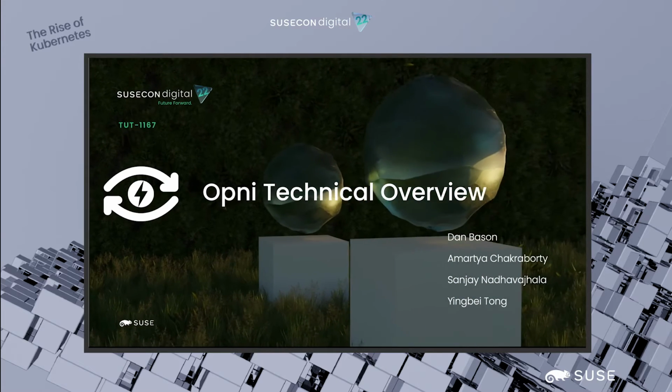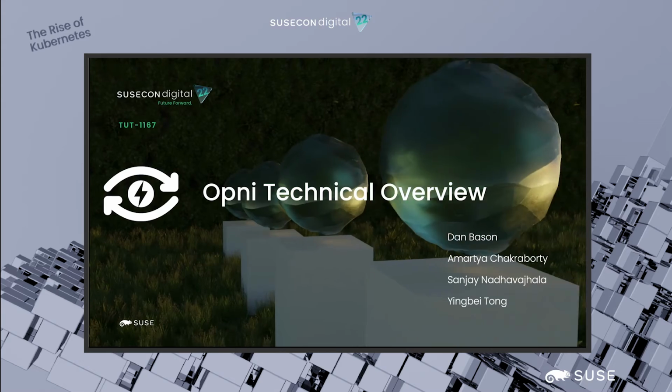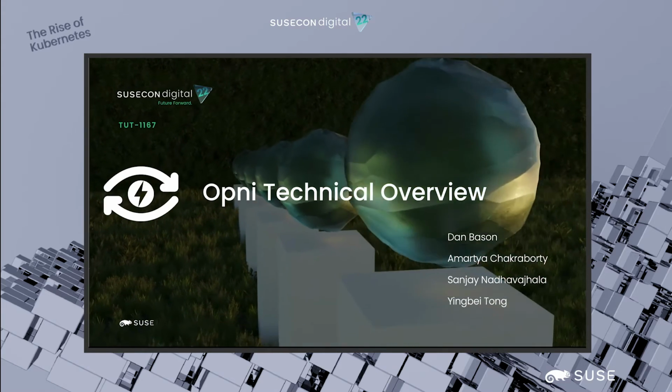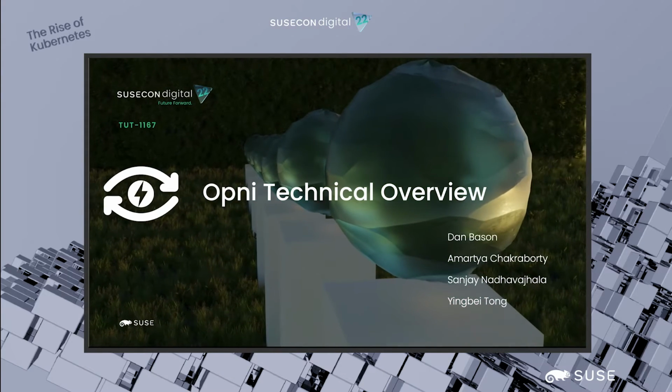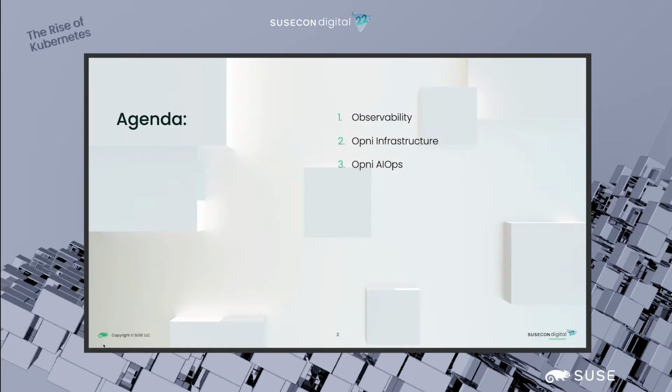Hello and welcome to this technical overview session in which we will cover Opni. Opni is a multi-cluster, multi-tenant observability platform that comes with AIOps capabilities. We'll kick off by talking about observability, followed by a talk and demo of Opni's core logging, monitoring, and AIOps